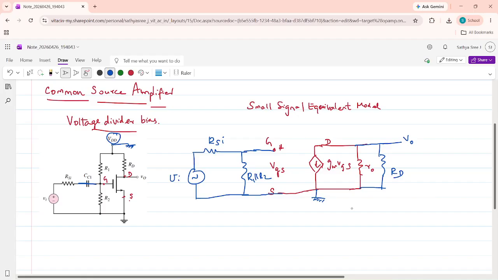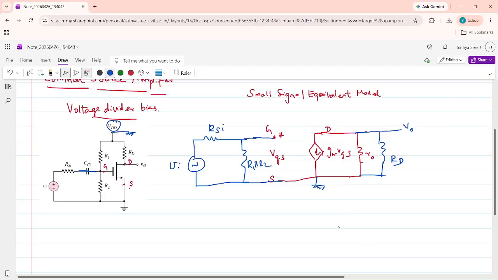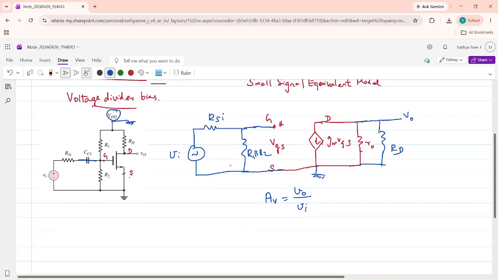Now we will derive the voltage gain for the circuit. We can see here, voltage gain is V0 by Vi, the ratio of output voltage divided by input voltage. So what is this V0? V0 is the voltage across this resistance, the parallel combination of R0 and RD. You can see R0 and RD are in parallel. So V0 equal to